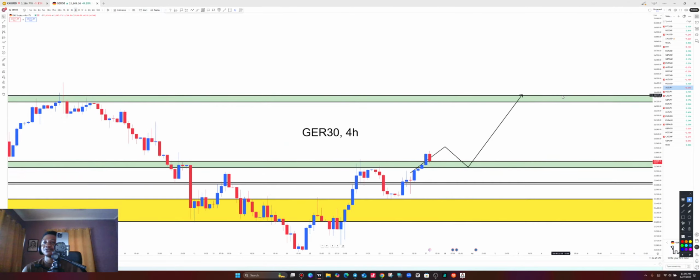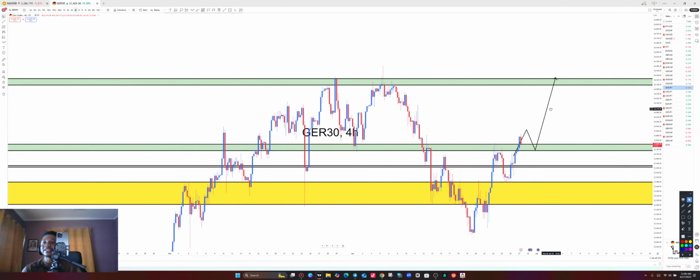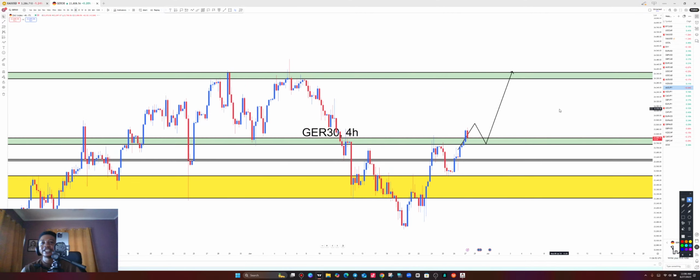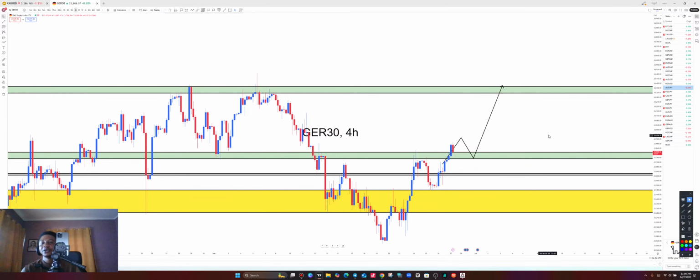All right, so this is the 4-hour time frame of Germany 30. Now, Germany 30 on the 4H, this is exactly what we have over here. We're looking for an entry above. So you can see we already have a setup over here. So what are we looking for on Germany 30? We're looking for a push, a retest, and then an entry all the way to the upside on this space.